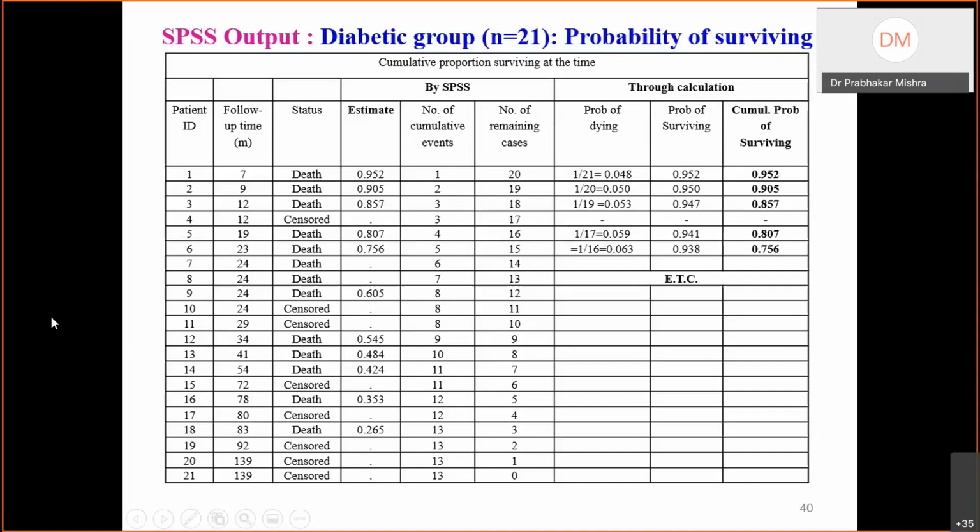Okay. So this way the software calculates, and whatever we are getting, the same thing is given here. So from our point of view, I just wanted to show you how to calculate this probability, but because we are using the software, we have no need to know these things. But this is the conceptual thing, and if we know it, then we can understand real world situations, what we mean by this cumulative probability of survival. So the software is presenting this to us up to here.